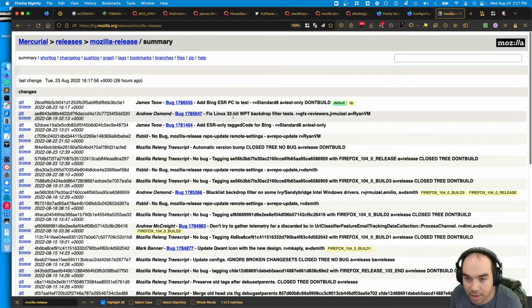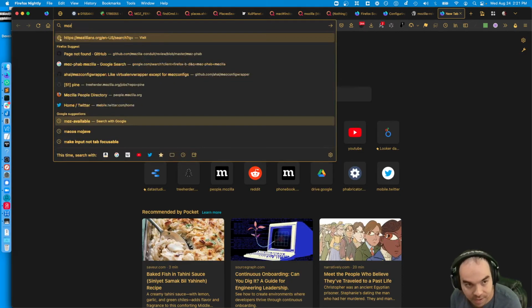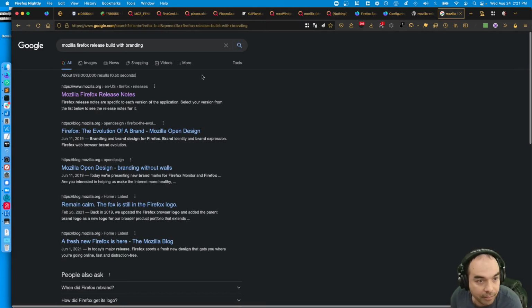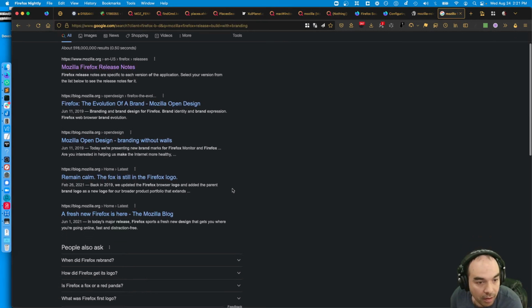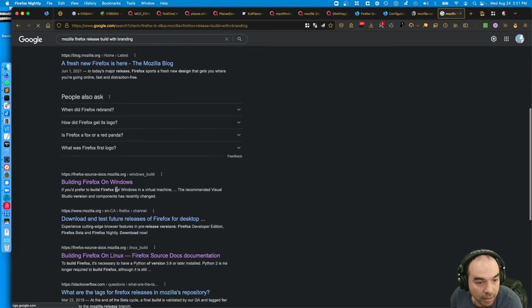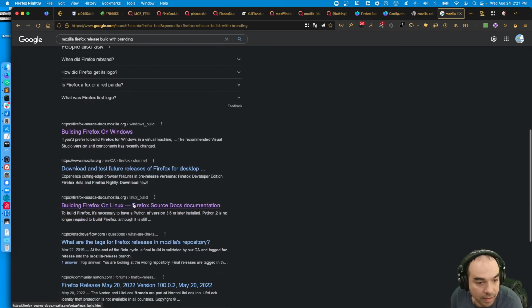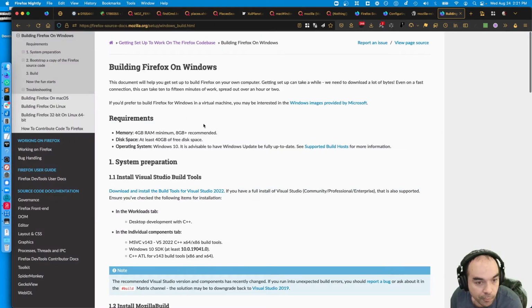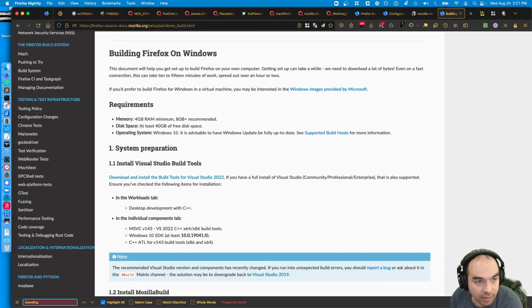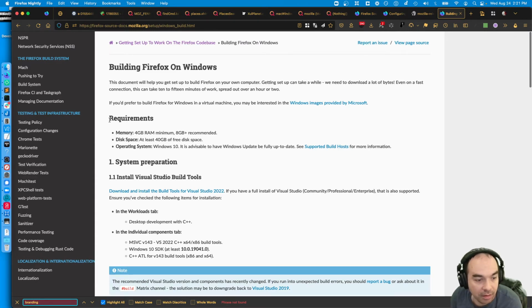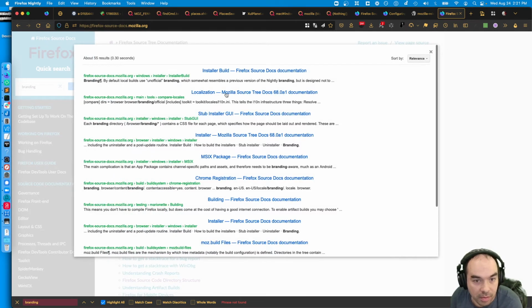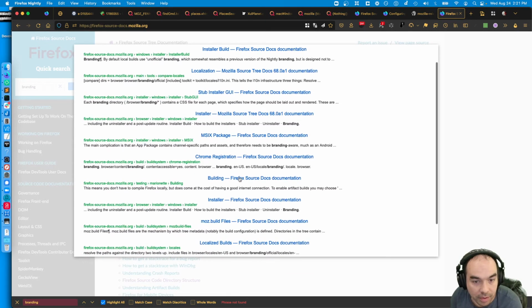And then what are the build instructions? Mozilla Firefox release build with branding. Building Firefox window, build Linux. Branding. There's like style builder, Chrome building.